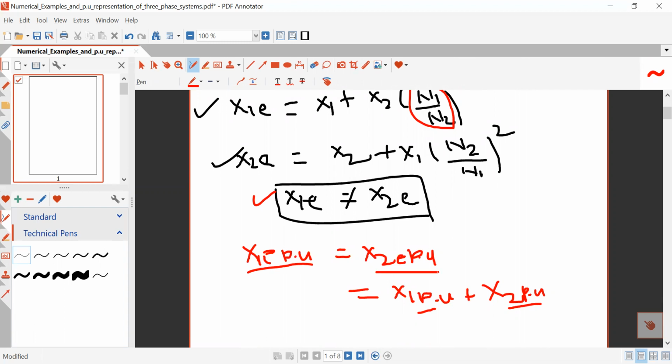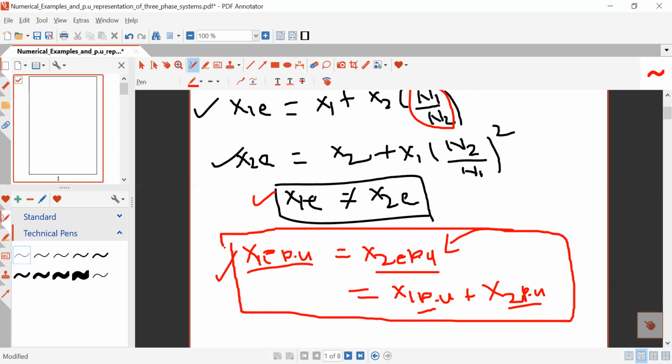This is one advantage. And second advantage is if you have an idea of total reactance referred to the primary side, then there is no need to calculate total reactance of the transformer on the secondary side because these two values will be equal. So these are the two advantages, and that is why it is always recommended to use per unit system when you analyze transformer system. So it is advantageous if you represent the reactance in per unit system.